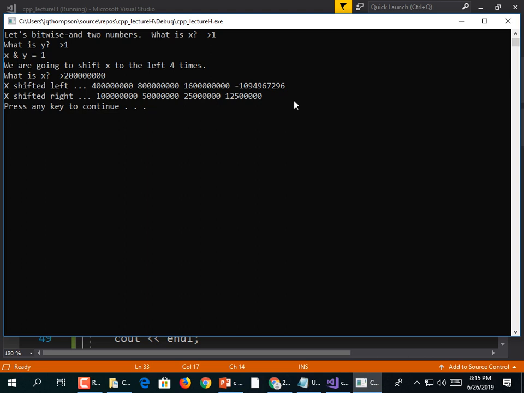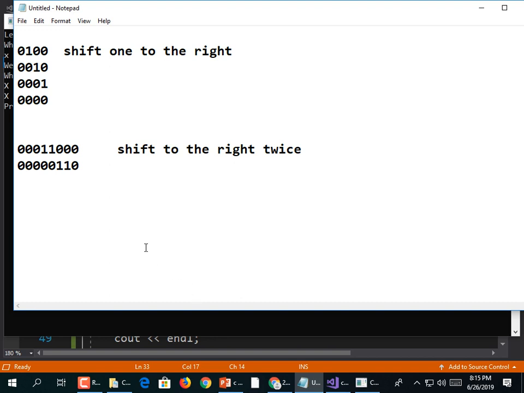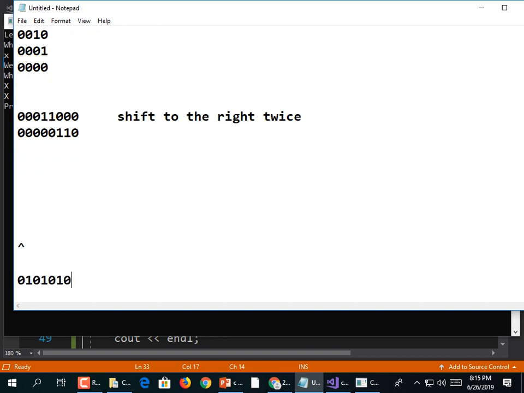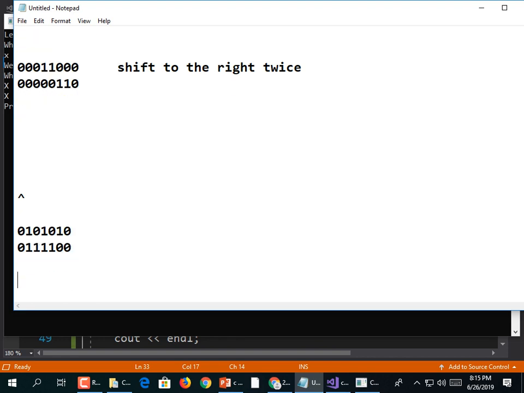So now you know bitwise AND, bitwise OR, shifting to the left and shifting to the right. There's one more called exclusive OR. Exclusive OR means that one and only one bit had better be set. The exclusive OR symbol is that one. So if I had these bits and I wanted to exclusive OR them,